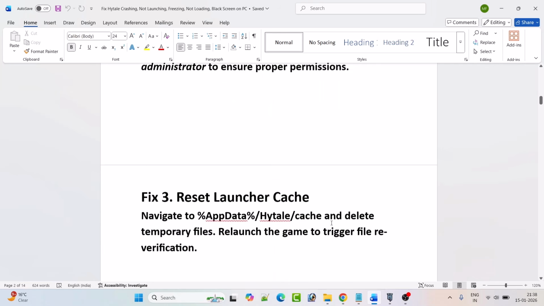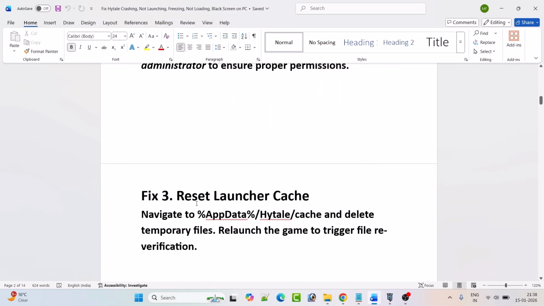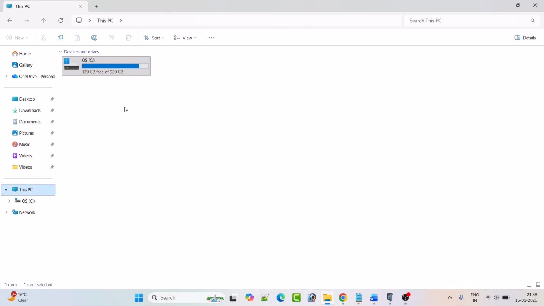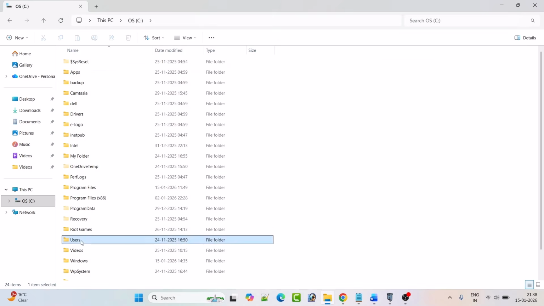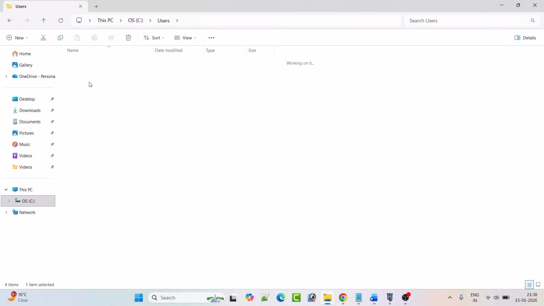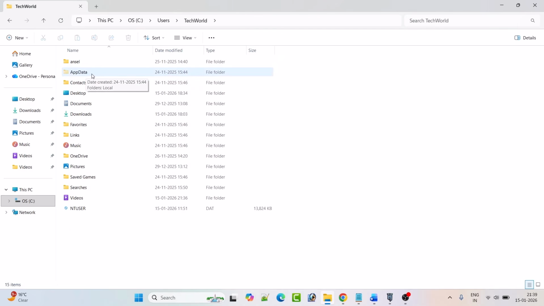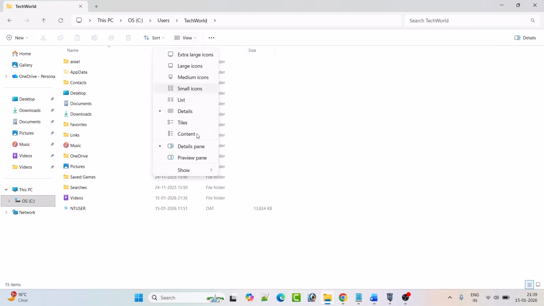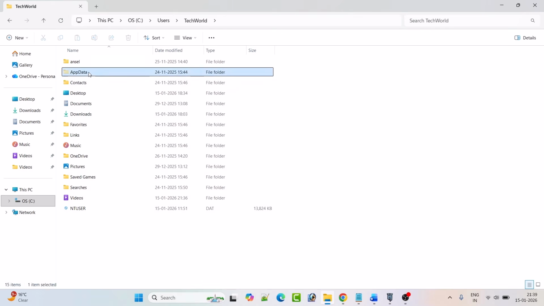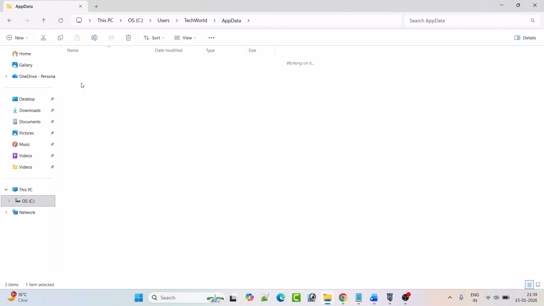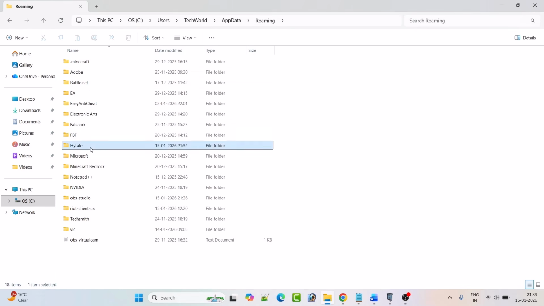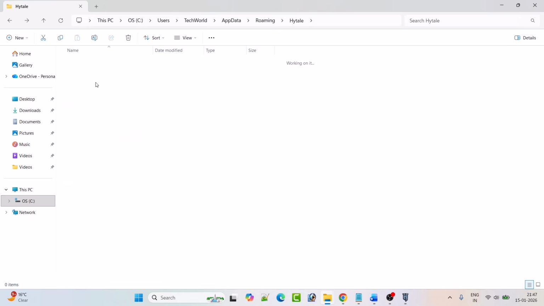Fix 3. Reset launcher cache. So here is how to reset launcher cache. Open C drive, open users folder, open your username folder, open app data folder. Now if you don't see app data folder over here, then click on this view, show and check mark hidden items. Then open the app data folder, then open roaming folder, then open Hytale folder, then open user data folder,